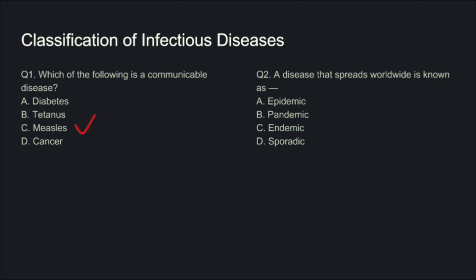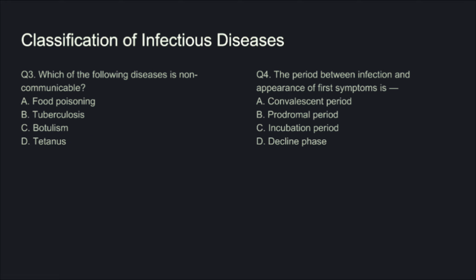Question number 2. A disease that can spread worldwide is known as epidemic, pandemic, endemic, or sporadic. So correct answer for this is pandemic. Question number 6. Which of the following disease is non-communicable? Options are A. Food poisoning, B. Tuberculosis, C. Botulism, D. Tetanus. So the correct answer for this question is